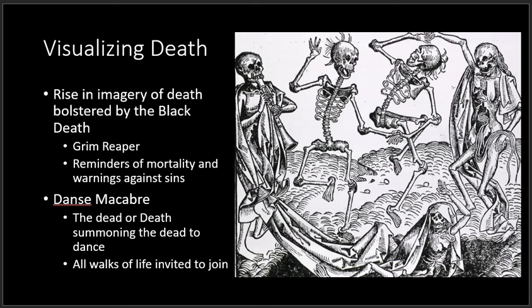In addition to general images of death, the biggest new image is the danse macabre. This image takes many forms, but tends to include one of the dead or death himself calling the dead to dance. Death is merry and eager, inviting those from all walks of life to join in the dance. Again, like the image of the scythe, death comes suddenly and to all. The dead are often depicted with clothing or jewelry indicating multiple social statuses to further this effect. And oftentimes you also see images of similar skeletons holding the heads or the bodies of various people of different social statuses, such as bishops, kings, as well as your average peasant or knight.